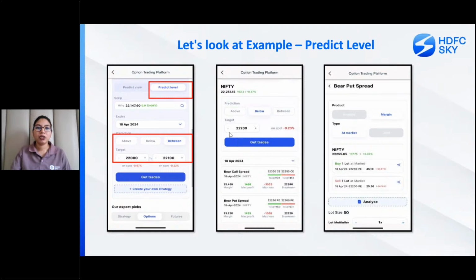Okay, so based on that, I have given this target figure over here, and I have chosen below, and I clicked on get trades. All right, so after that, I'm going to get all these trades. Let's say I selected one of these, and I'm going to get the same screen which I showed you in